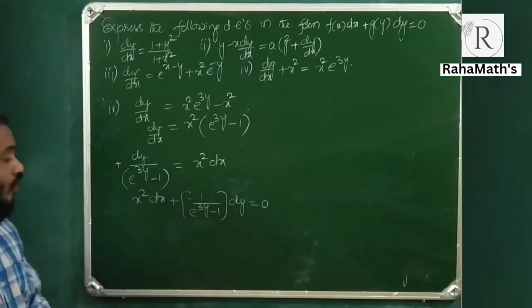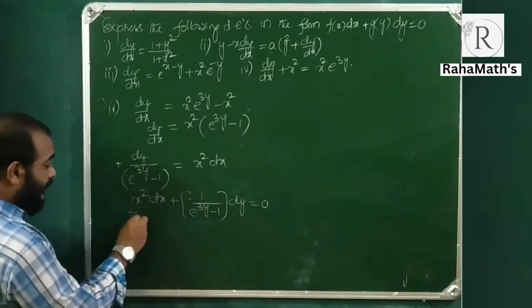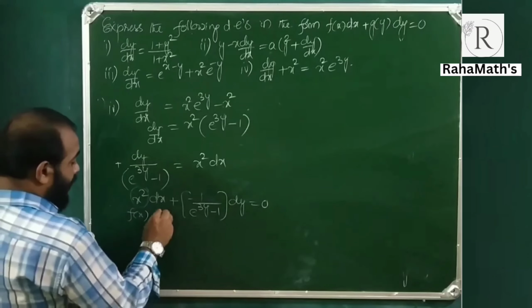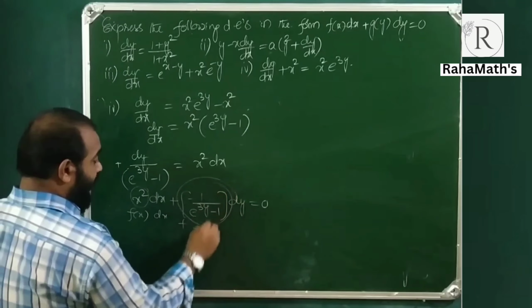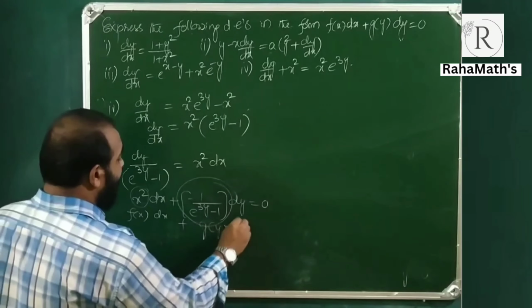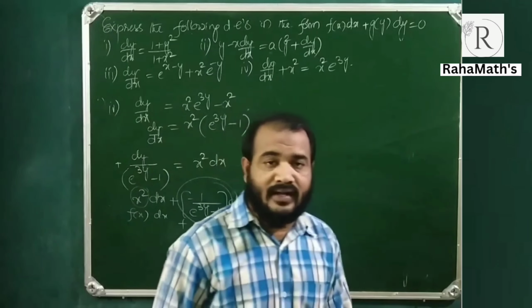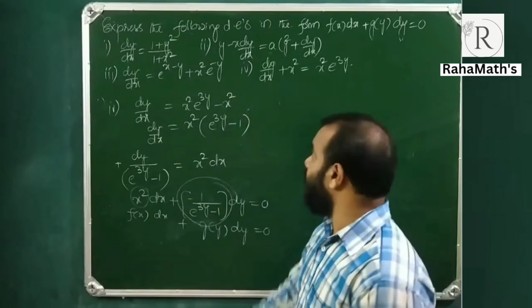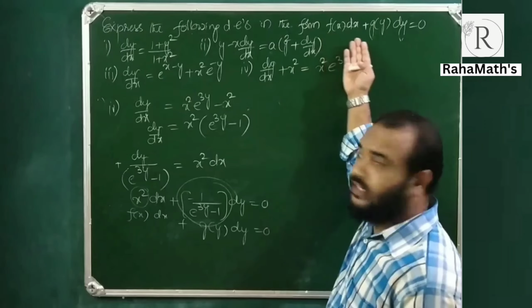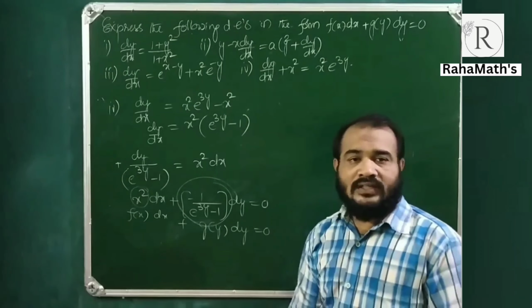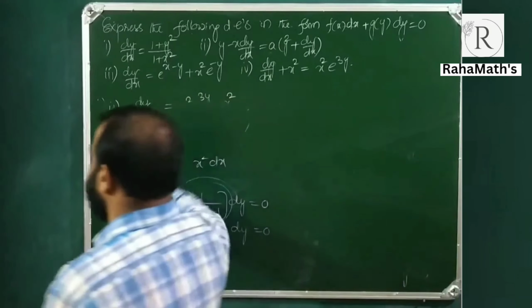It is clearly of the form f of x dx plus g of y dy equals to 0. So we have succeeded in separating the variables and writing it in the form of f of x dx plus g of y dy equals to 0. So the next question is